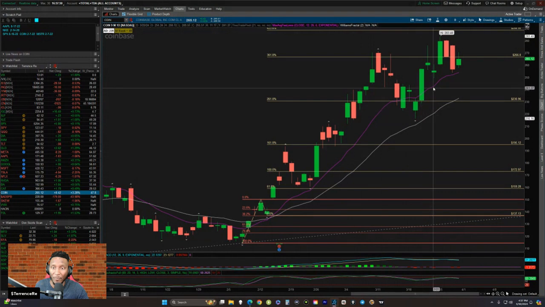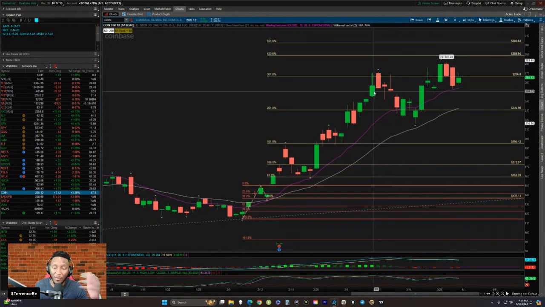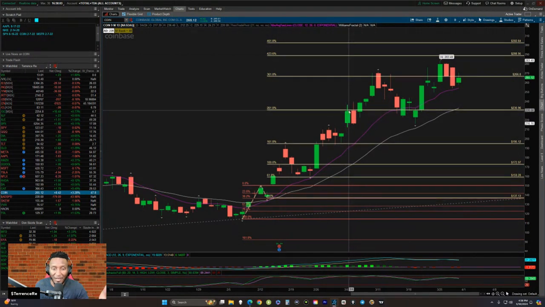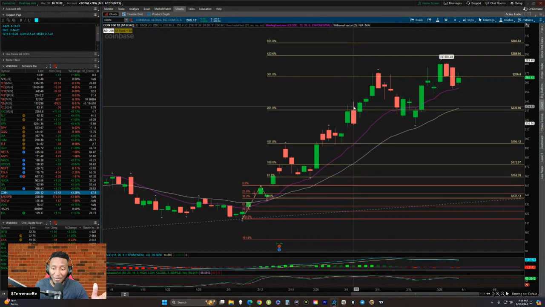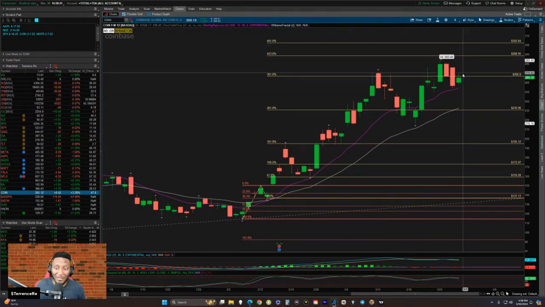Pull back. Next level, 4236. This is the 4236 level right here. For me, once you get this level, I start to get out. Even on bullish trades, you've gotten good money here. You got extra money here. Now you got money. You got real good money. I don't know if it can hit this level, but at this point, you're eating good.